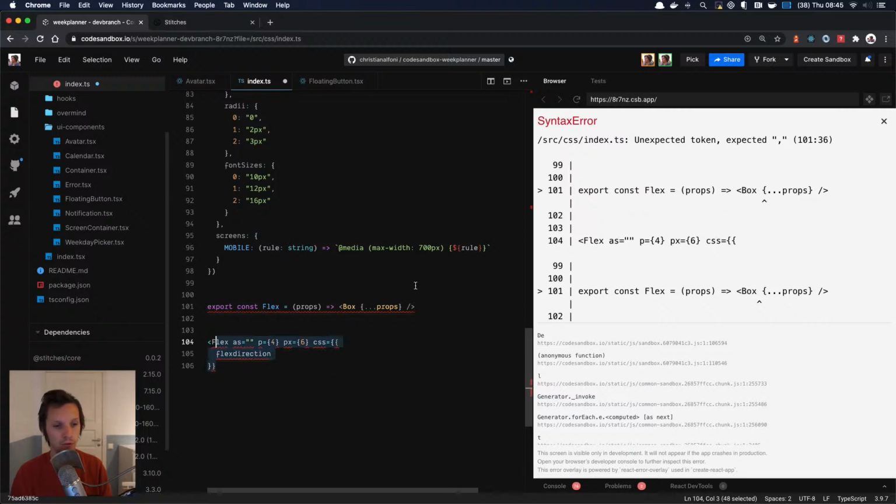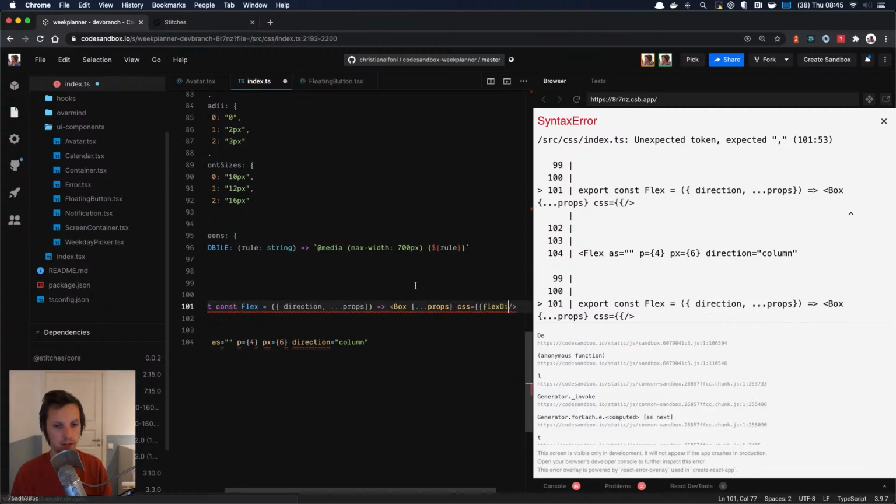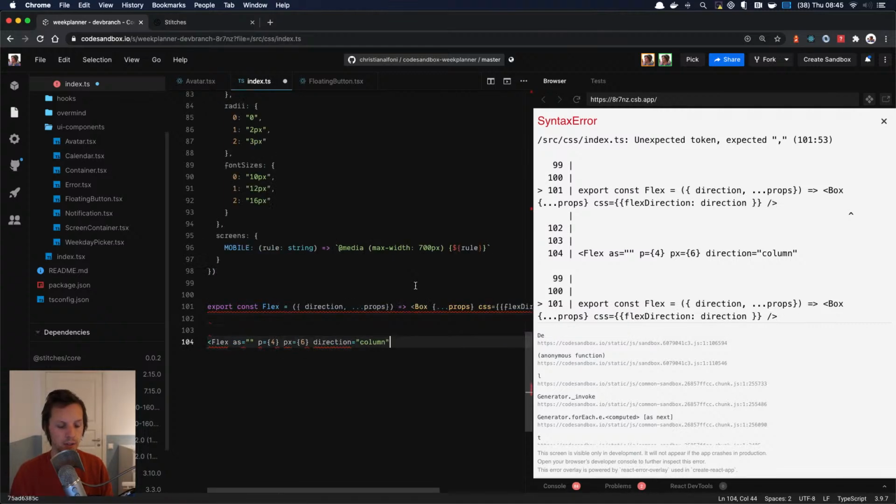But the point is, you wouldn't do that for flex. What you rather would do, you would expose like a direction. So for example, column, and then inside here, we would rather do this. So we have direction, and then we would say, let's see, I guess that would be something like this, CSS, direction, flex direction or something, direction, something like that. So you will kind of compose together these